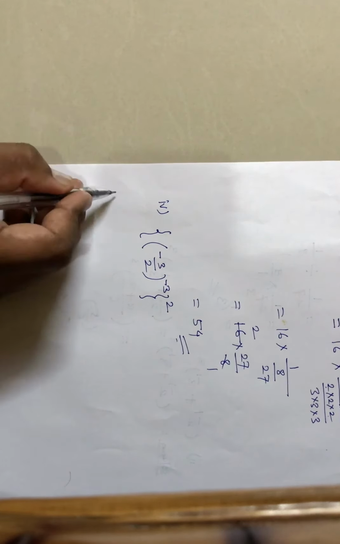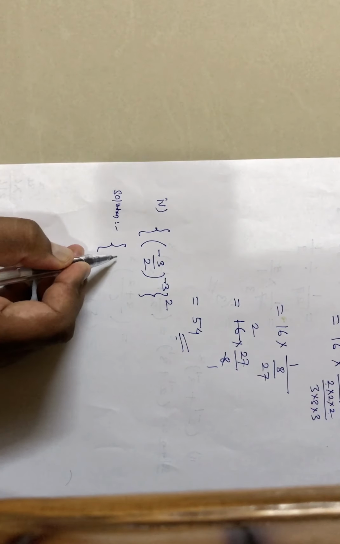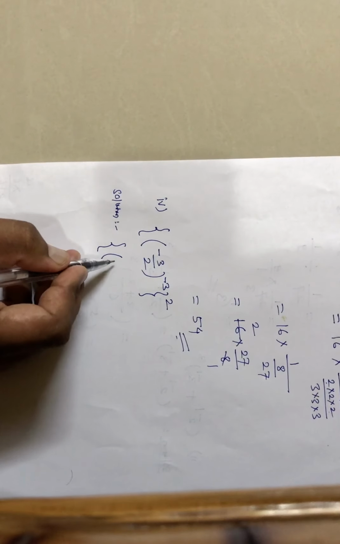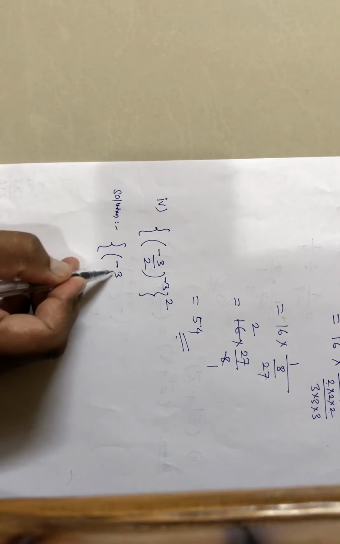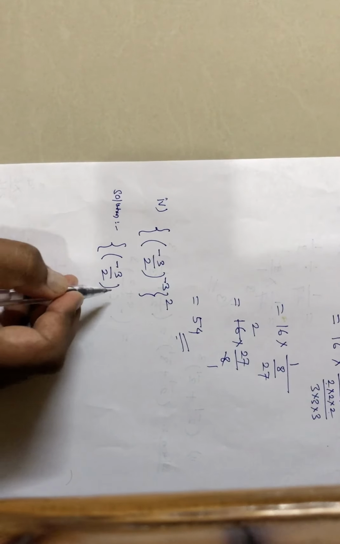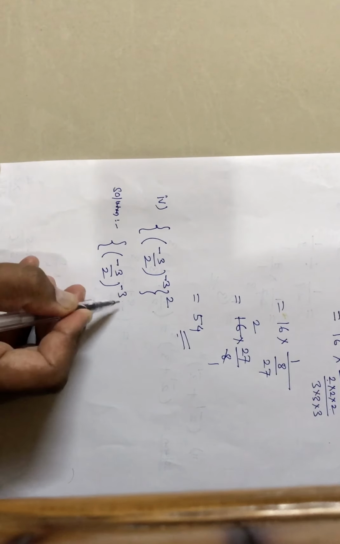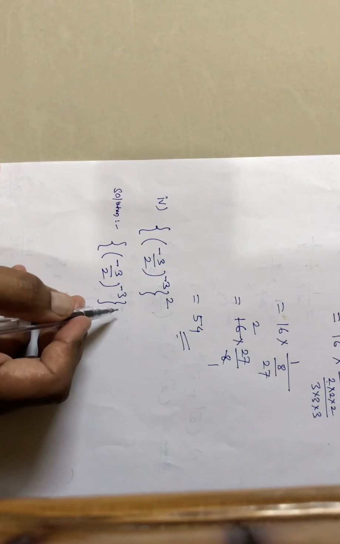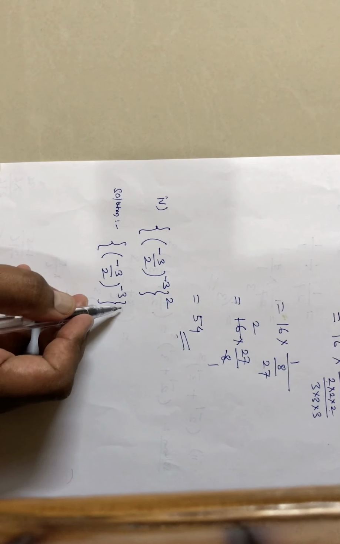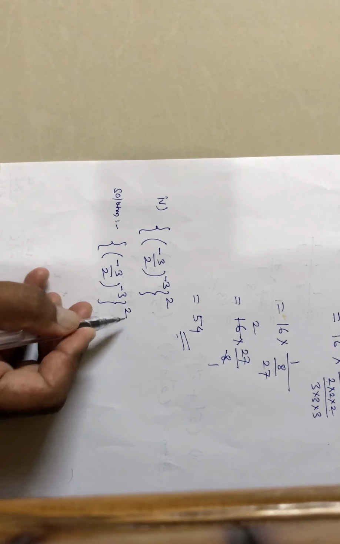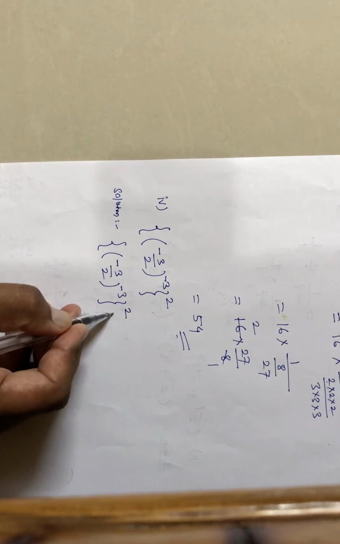Solution. In curly bracket, then in small bracket, minus 3 upon 2 raised to the power minus 3, curly bracket close, raised to the power 2, which is equal to